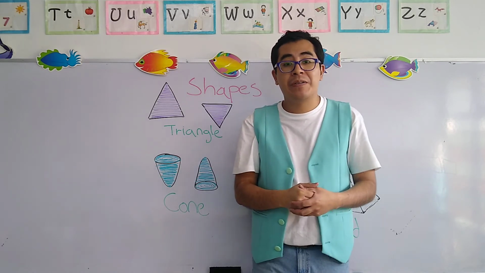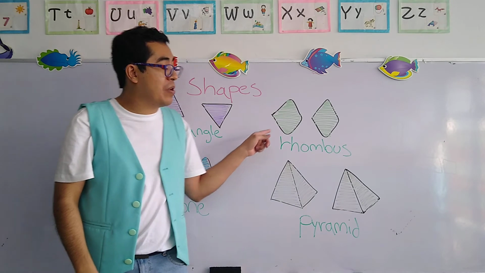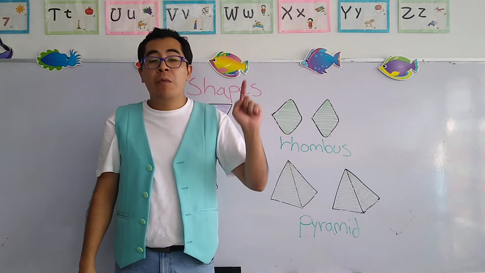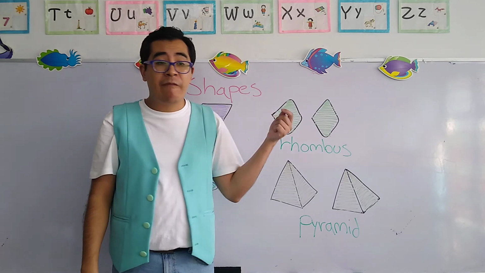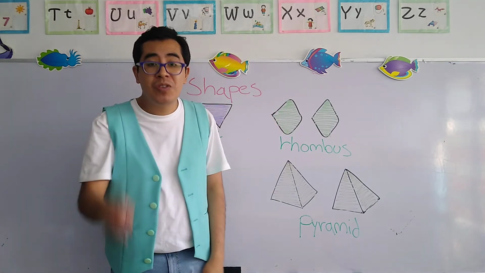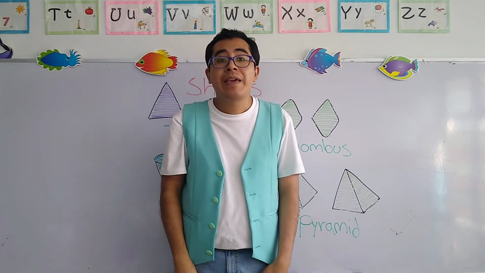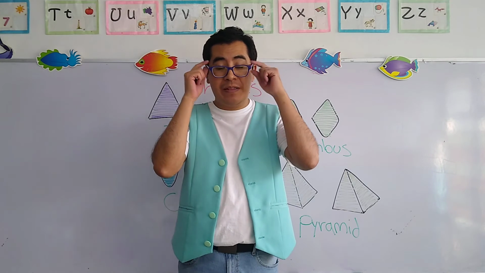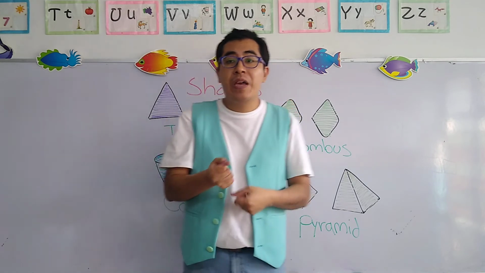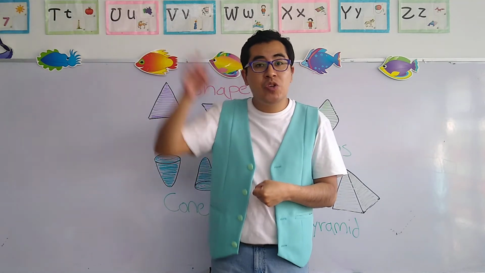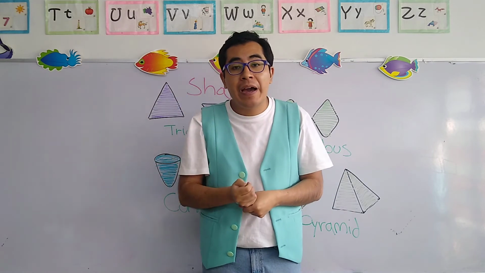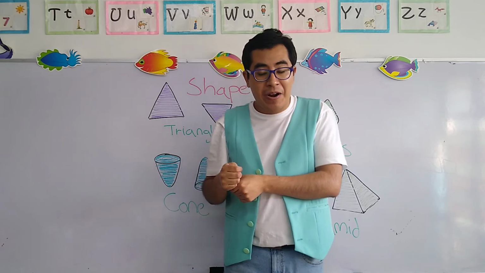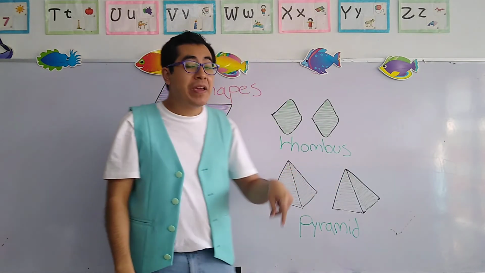Okay? Very good. Now, let's continue with the rhombus. Now, objects that have the shape and form of rhombuses, the most common are two. The first one is the kite. Now, if you remember correctly, the kite is a toy that we expose on the air so it can levitate. The kite, remember in Spanish we know it as cometa. Okay, very good. And finally, we have the